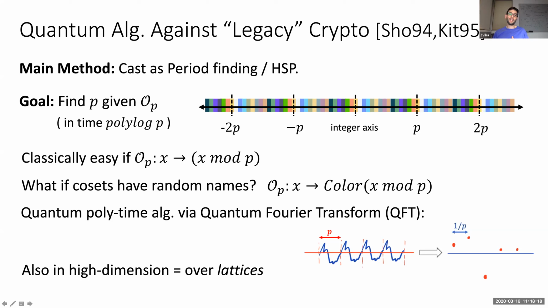So we can think about the lattice, this one-dimensional lattice of all multiples of P. And if we think about this lattice, then this function we can actually think of as a periodic function over the cosets of the lattice. So it's a function that is defined over the entire space, but for all the points that belong to the same coset of the lattice, this function takes the same value. And what happens when you apply Fourier transform on such a lattice periodic function, what you actually get is